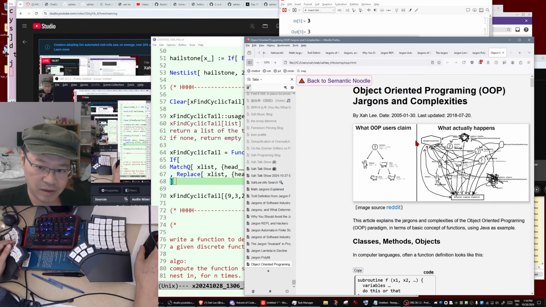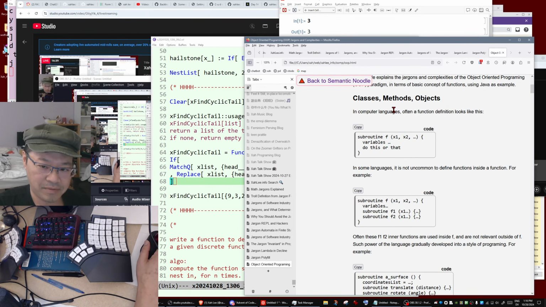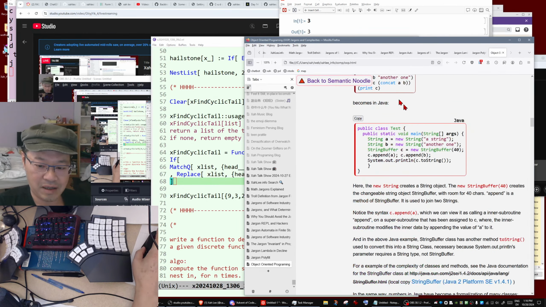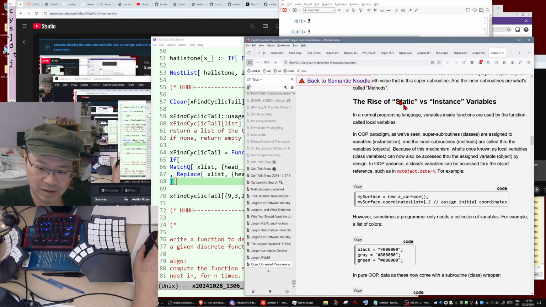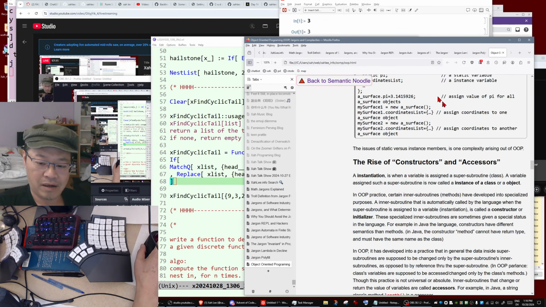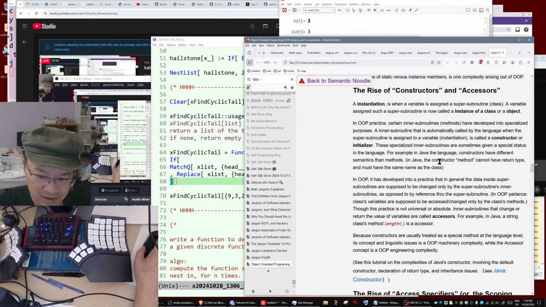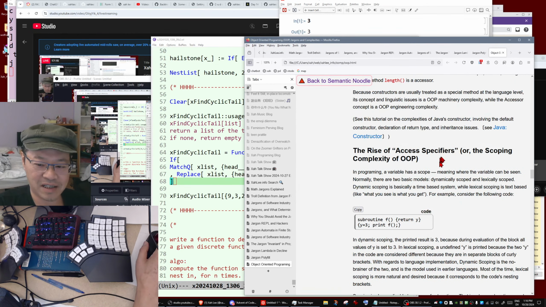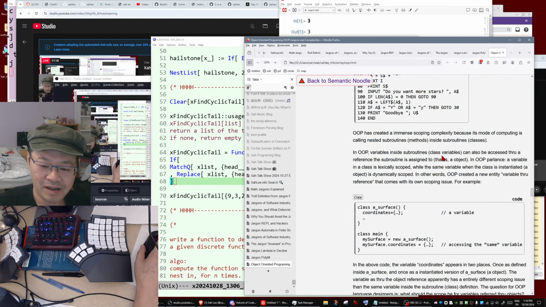So, for example, in OOP, there are a lot of jargons: classes, methods, objects. So the question to ask in our context is: are these good jargons? Are there other names that would convey the idea better? Okay, so classes, methods, objects, and then you have a lot more in OOP. So the static class. Static variables, instance variables, very common in Java. Then you have constructors and accessors, okay? Then you have access specifiers in Java. Then you have